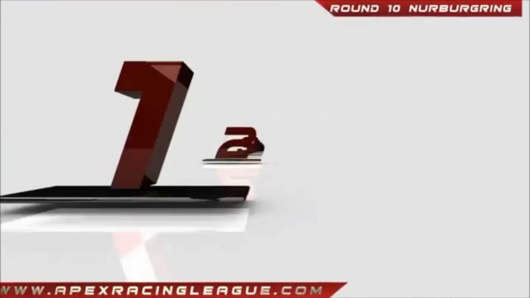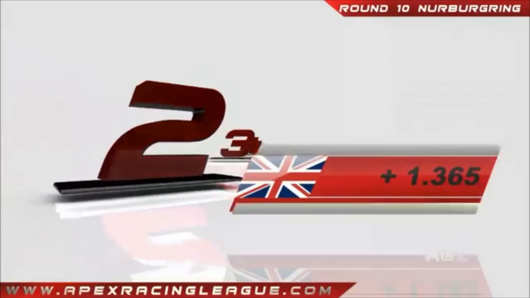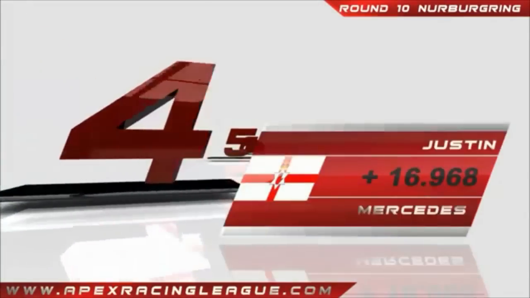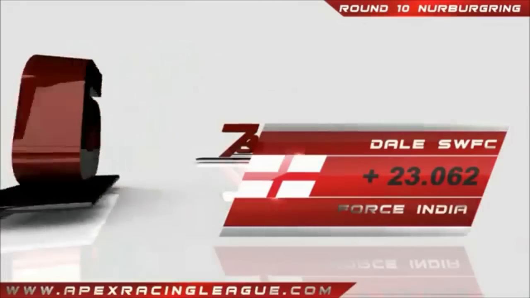Clive, just take us through the final results. Yeah, Aero Cobra finishes first, pole to the win, 44 minutes, 36. Aero Viper, after that first turn, vision only 1.3 behind. Aero Bachelor 10.4 behind. Justin in 4th. Nice battle, nice drive all race actually from him. Aero Specialist, another casualty of the turn 1 incident, from the back of the grid to 5th. Dale,